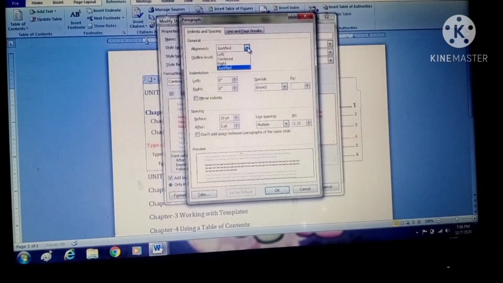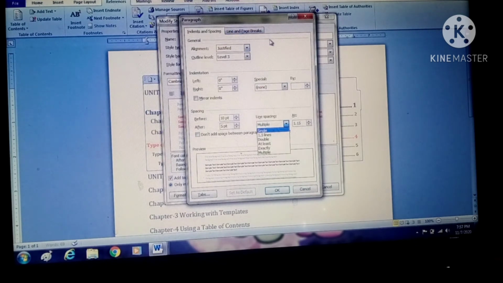Here you can choose the alignment of your paragraph, outline level. Here you use 3 levels, you can choose 5, 6 levels. Indentations, you can choose left, right margin, like this, first line and hanging, anything you can choose. Spacing before and after, line spacing, the difference between one line and second line, you can choose multiple, single, 1.5 lines. By this, all these changes you can do.